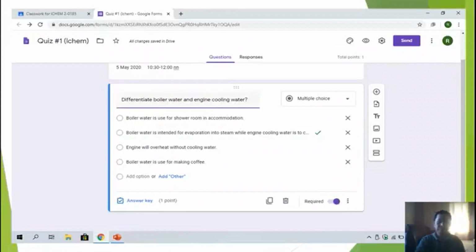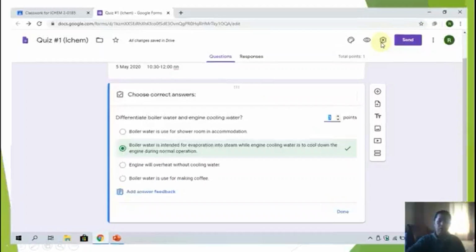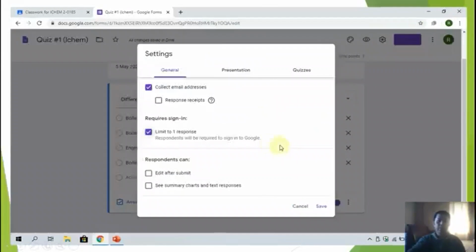Now in order for you to get the responses from your students, you have to click this gear button. So you have to click this. When you click this gear button, this one will appear.